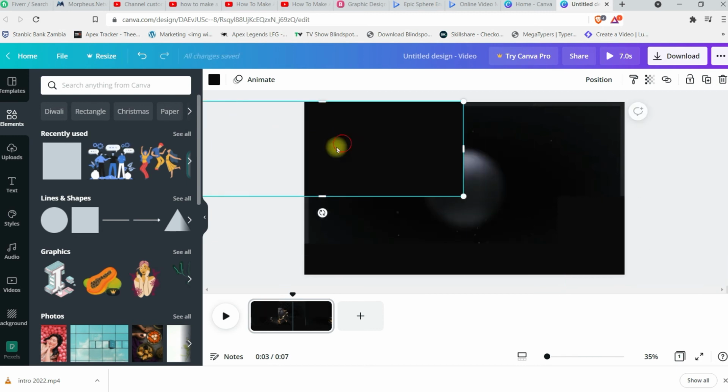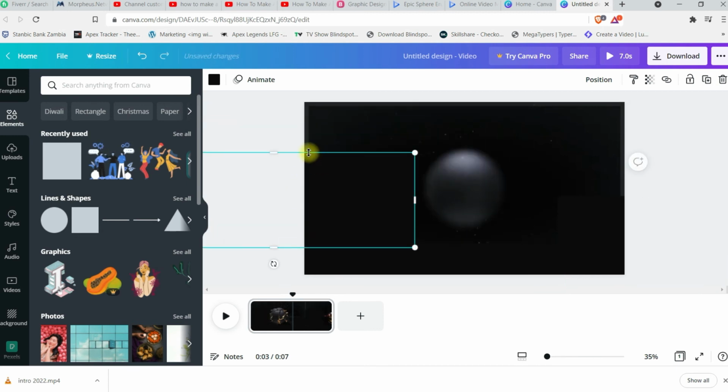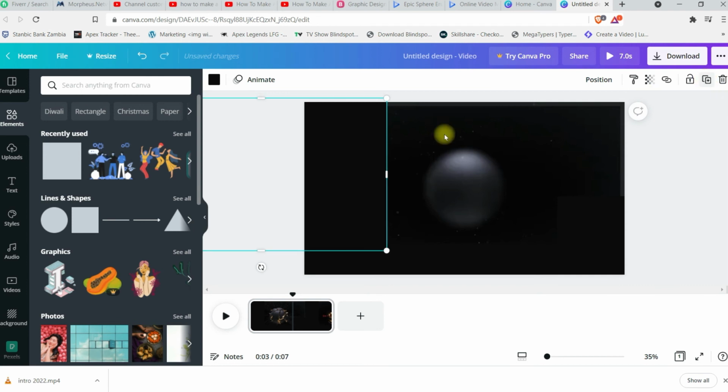Then make sure you remove the gray corners on the edge of the video, and then you can duplicate another one